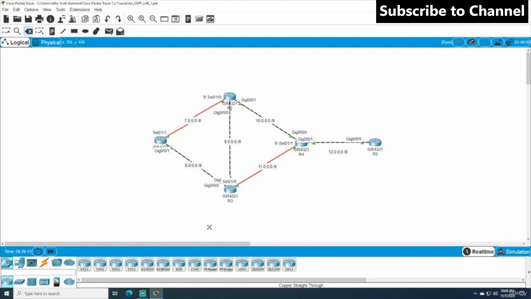So I think what I'm going to do instead is remove the 9,000 network. And so now there's not an easy way to cross our topology to find a lower cost route for our routers to route packets. So now let's see what happens